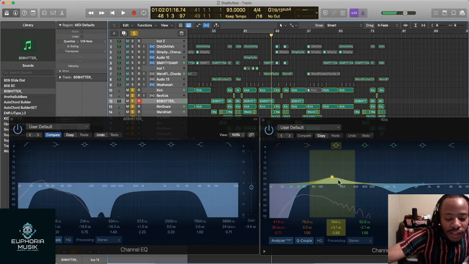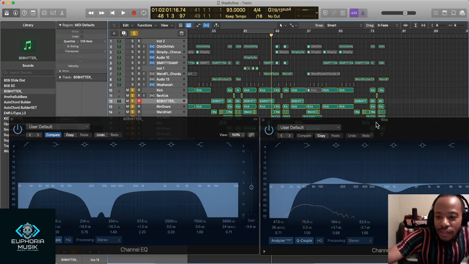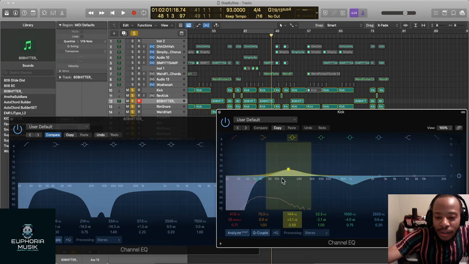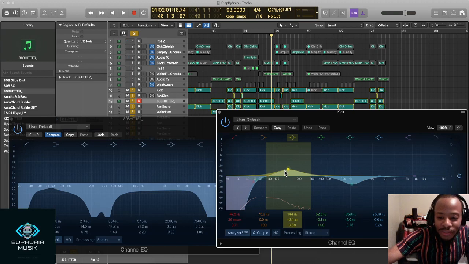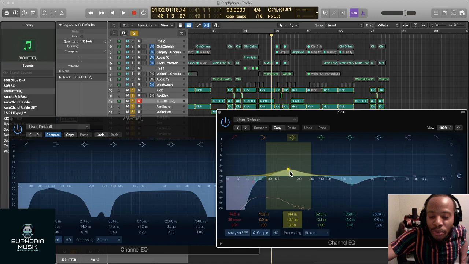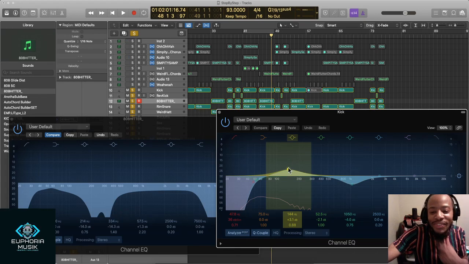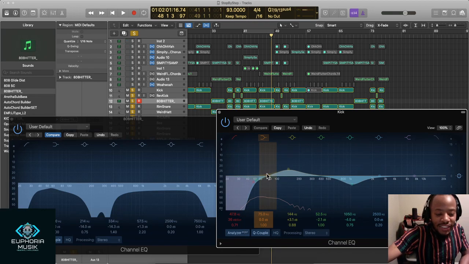I wanted a lot more body in my kicks. I was noticing some of my kicks weren't having the body they needed. So by bumping it up, and usually 100 is that real sweet spot, you throw it up so you get some punch and liveliness in your kicks. But I wanted a little more of that mid. I feel like mids hit you in the throat almost, especially mid lows. And if you start hitting 100 to 80, you start getting into your gut.